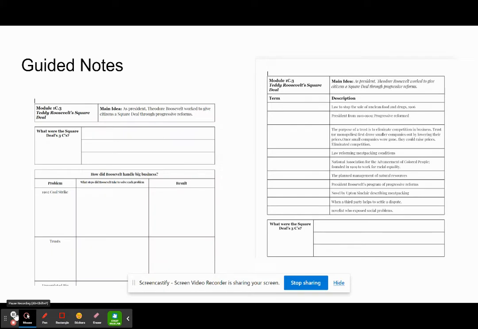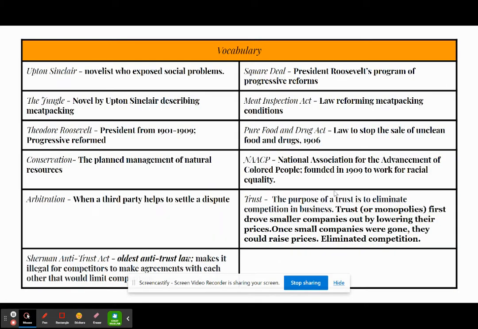Just take a look inside your folder and grab your guided reading. Here's the terminology that we'll be focusing on during this module. There is a separate slide in case something is blocked off in this video and you need to look at it. So if you go into Schoology, there's a separate slide with this vocabulary. So take a moment to pause and look through the vocabulary and mark it on your guide if you have that area.